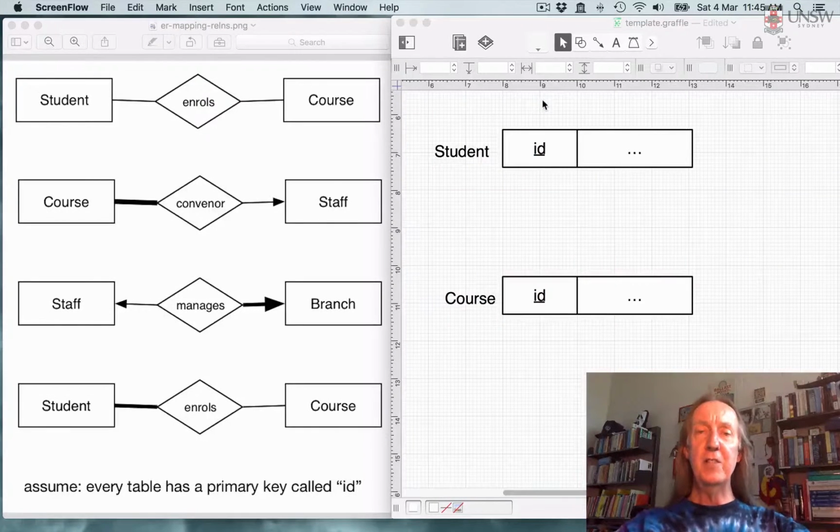Welcome to the second video that talks about mapping ER designs to relational models. So I'm going to consider 4 different relationship types here and discuss how each of those might be mapped to a relational model. To keep these ER designs simple, I'm just showing the attributes, and there's an assumption that